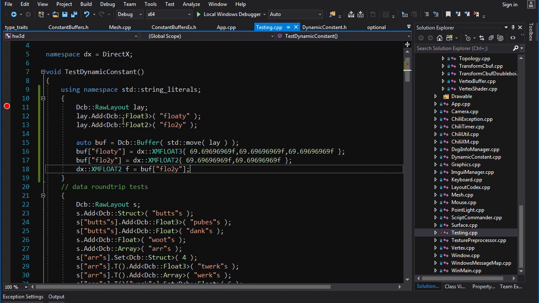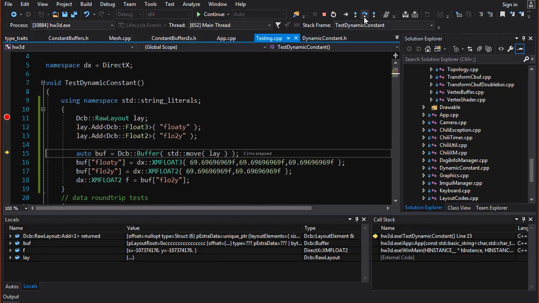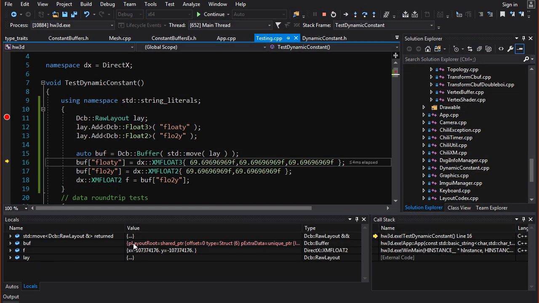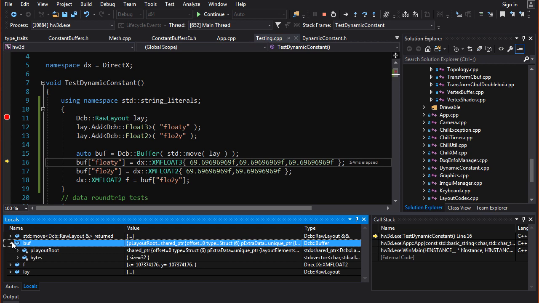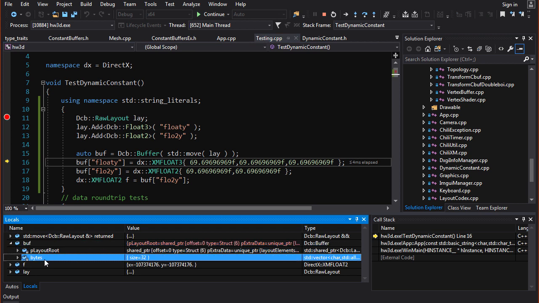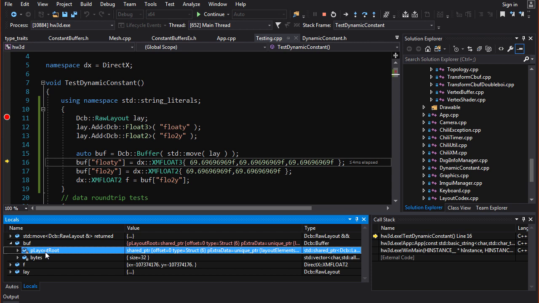All right, let's spice things up a little bit. We're going to put 2 members, one float3 and one float2, and we're going to assign to them. So we set up the layout and we build our buffer. Now the way the buffer is set up, I'll talk about this more in part 2, but there are 2 main parts to it. There's the actual bytes, just a raw contiguous byte buffer of the actual values. And then there is a layout, and this is a tree structure that describes the map of those bytes